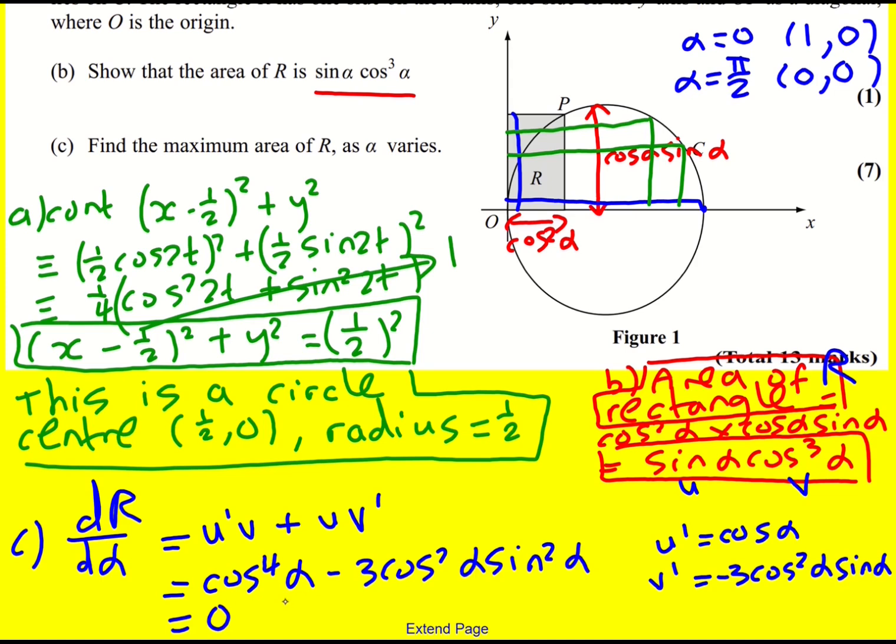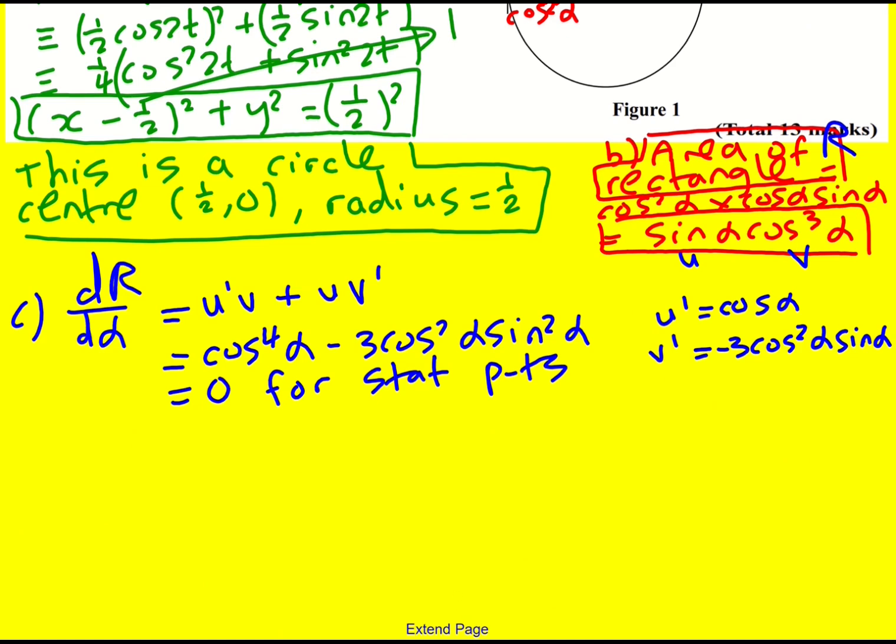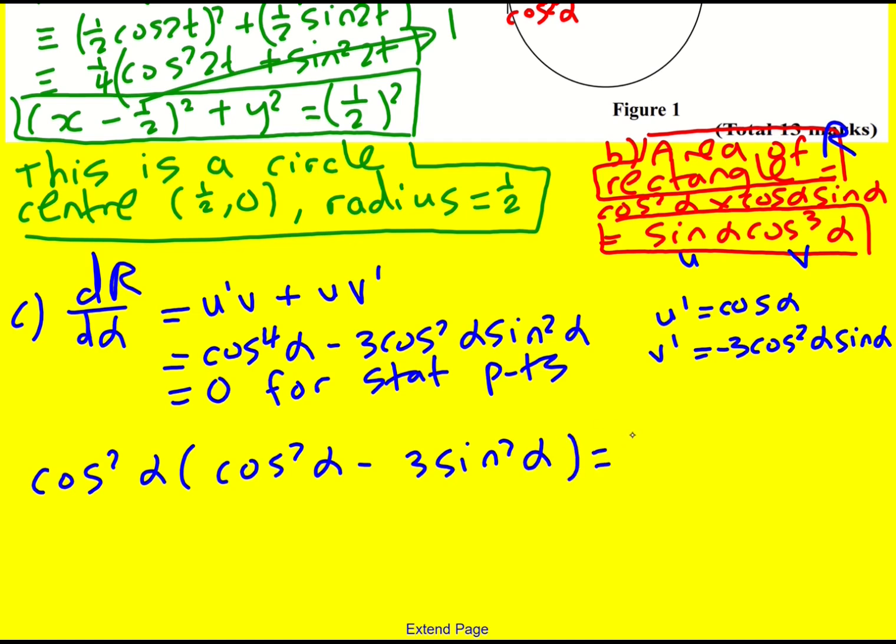And this will equal 0 for maximum or minimum. Or I should just say for stationary points, because in theory you could get a point of inflection going on. Okay, actually, I think it's best if I just directly factorize it. So cos squared alpha